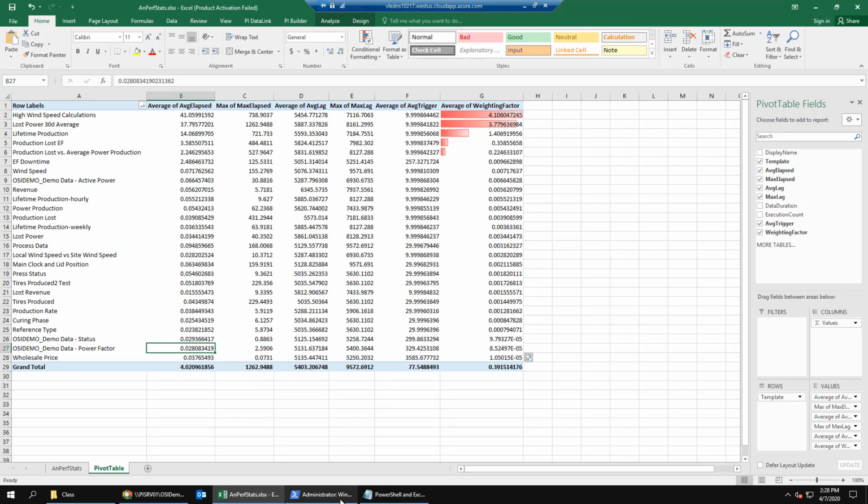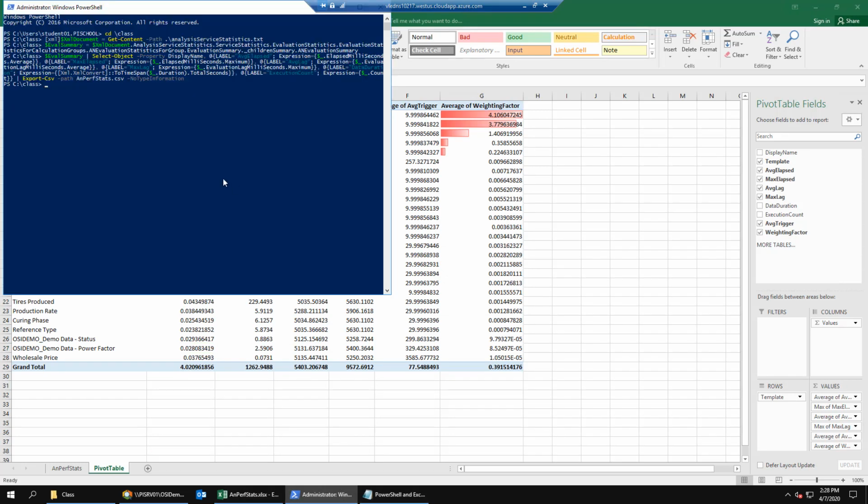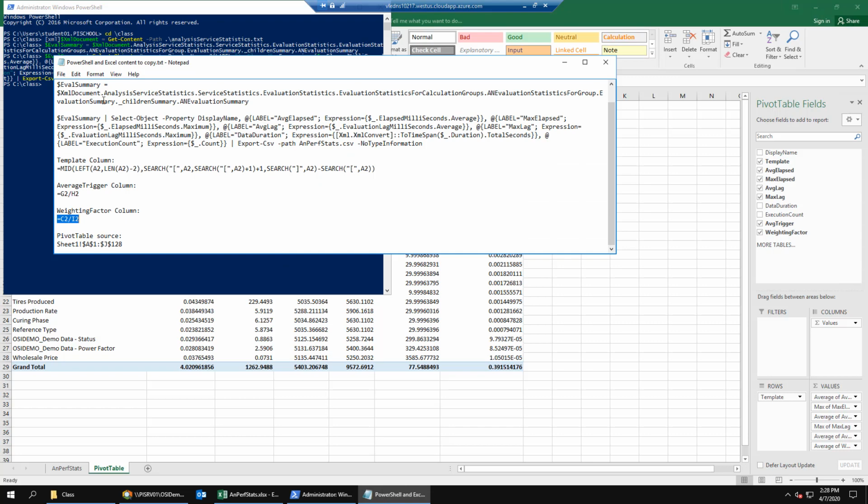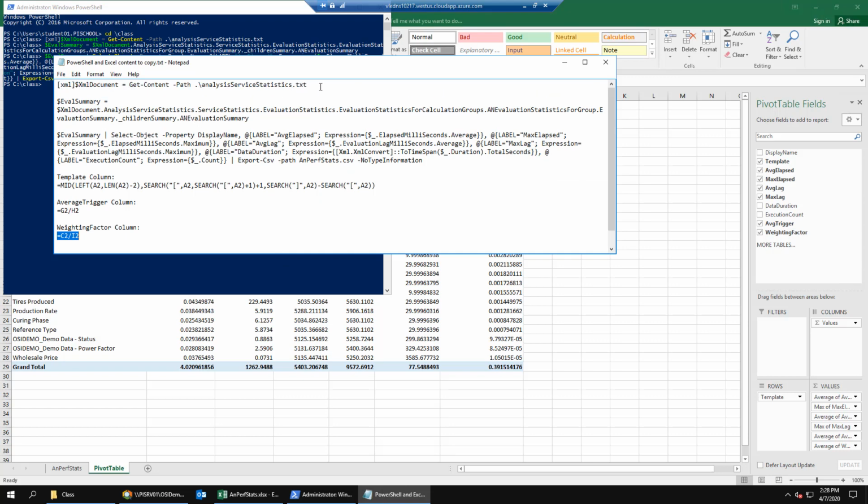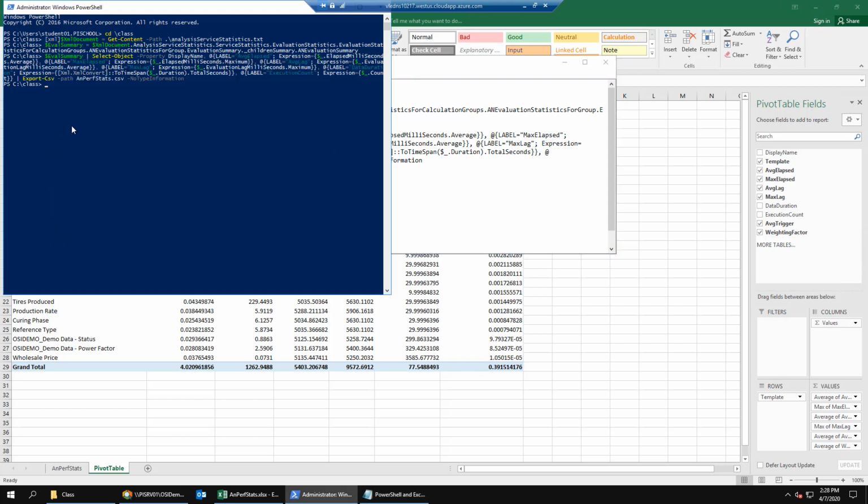Then we'll go back into Windows PowerShell or relaunch it if you closed it. First step is to import our file for manipulation. So we'll copy the first line in our PowerShell and Excel content to copy.txt file from the C class folder. We'll add the _after to our .txt file.